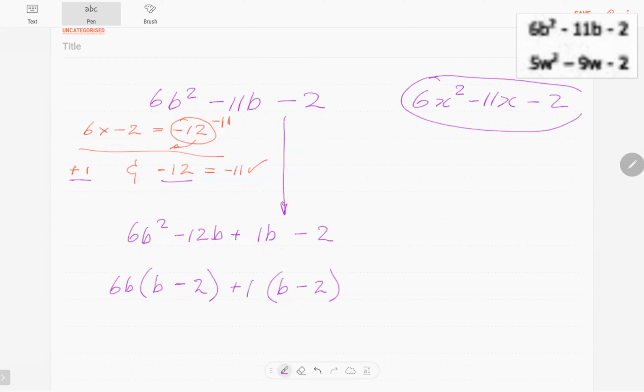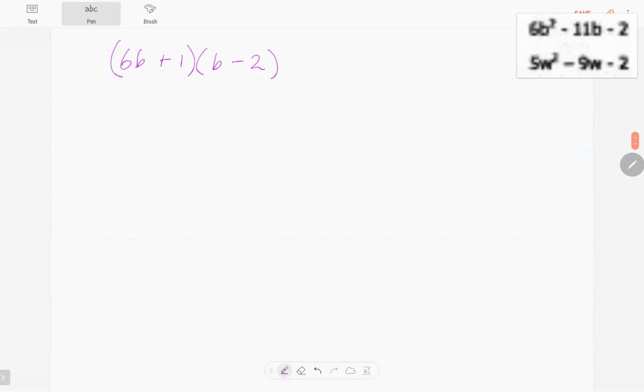And then it becomes this and this times the common factor. That's what it becomes. It becomes 6b plus 1 times the common factor b minus 2. And those are the two factors right there. Nice and easy. All right. Let's look at the next one. The next one is